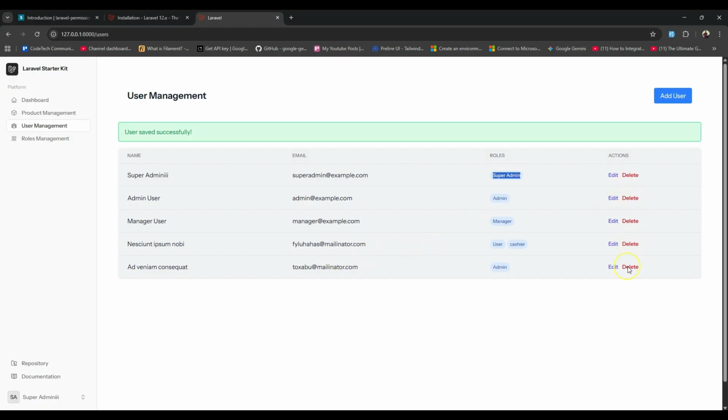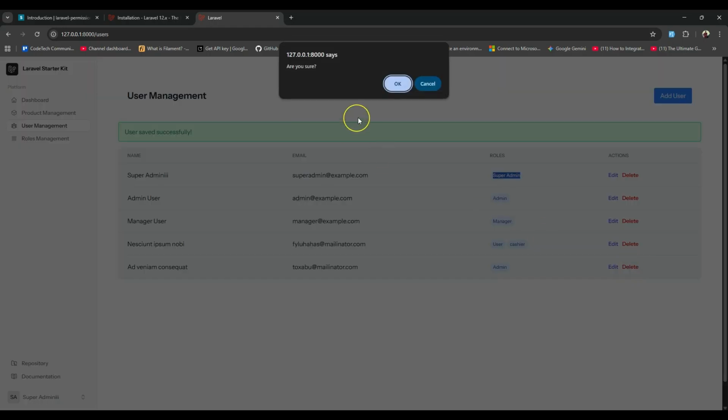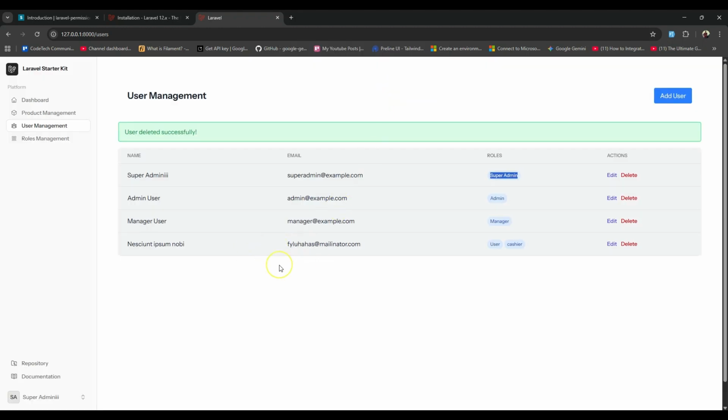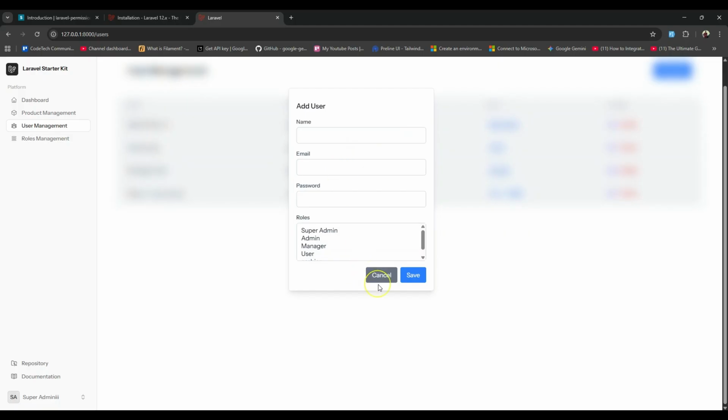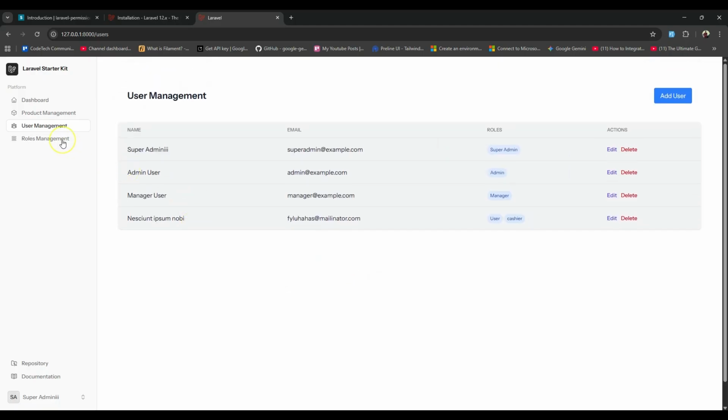But also you can delete those users. For example, if we delete this one, you can see that the user was deleted. So that's how easy you can add those roles and permissions, but also you can add a new user from here. Okay, after that, now we have the main thing that we are going to look at in this video,